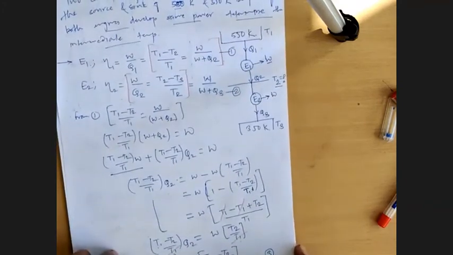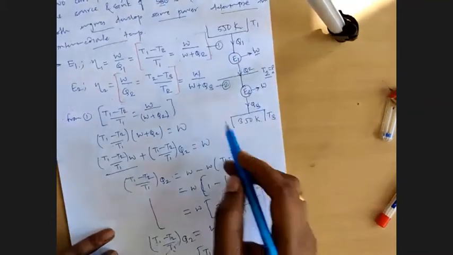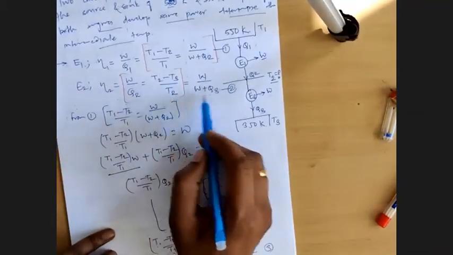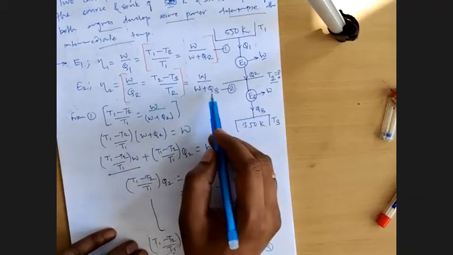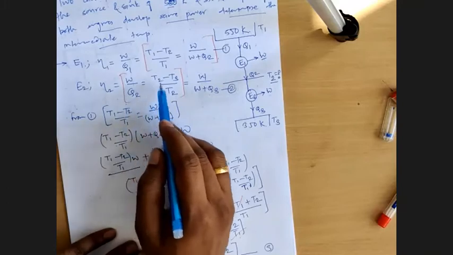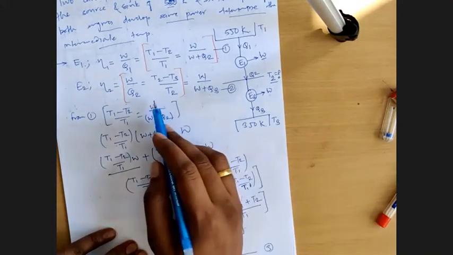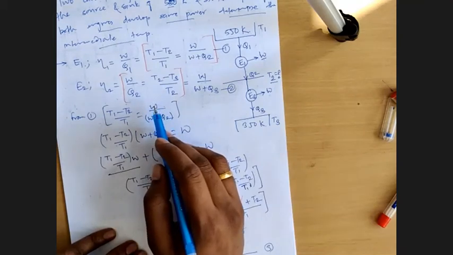Now let's come back to equation number 2. We are done with equation 1. Now let's try to get something from equation number 2. In equation number 2, I have highlighted those middle two terms. W by Q2 is equal to T2 minus T3 by T2. So from here, I can write